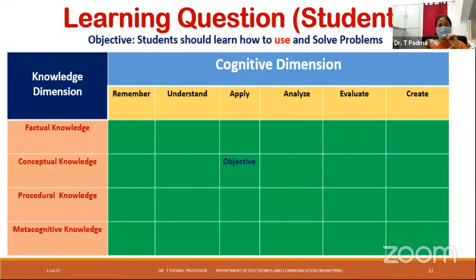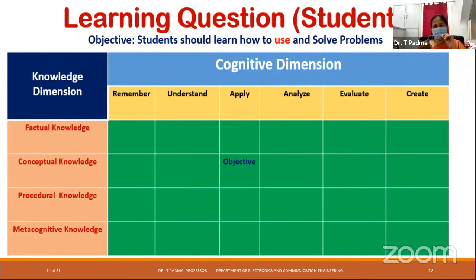and the rows are the knowledge dimension. And whenever this learning objective is to be fulfilled, the teacher has to have all the grids properly filled. Then only is the knowledge sharing 100% efficient. So if there are any blanks, there is something lacking in the connectivity of the knowledge